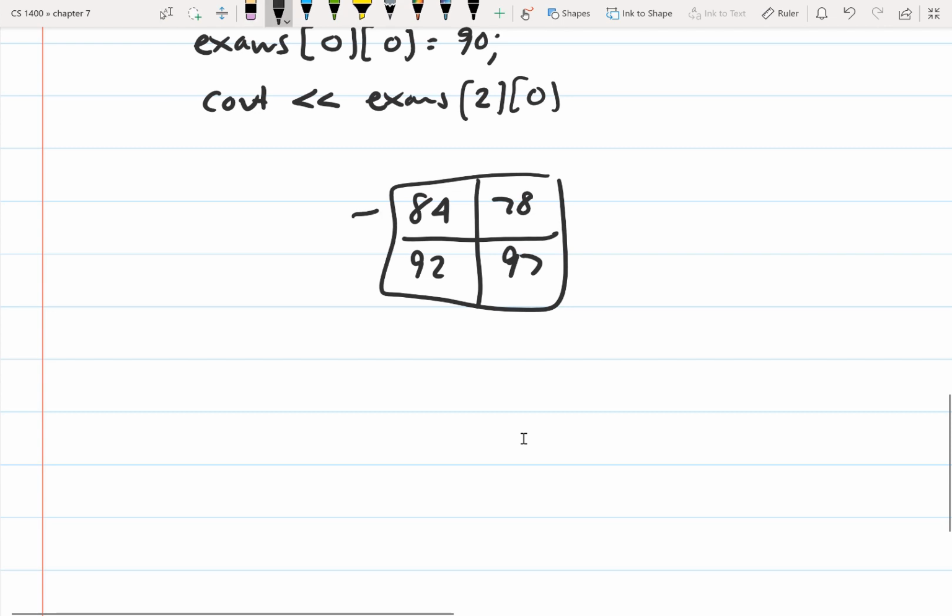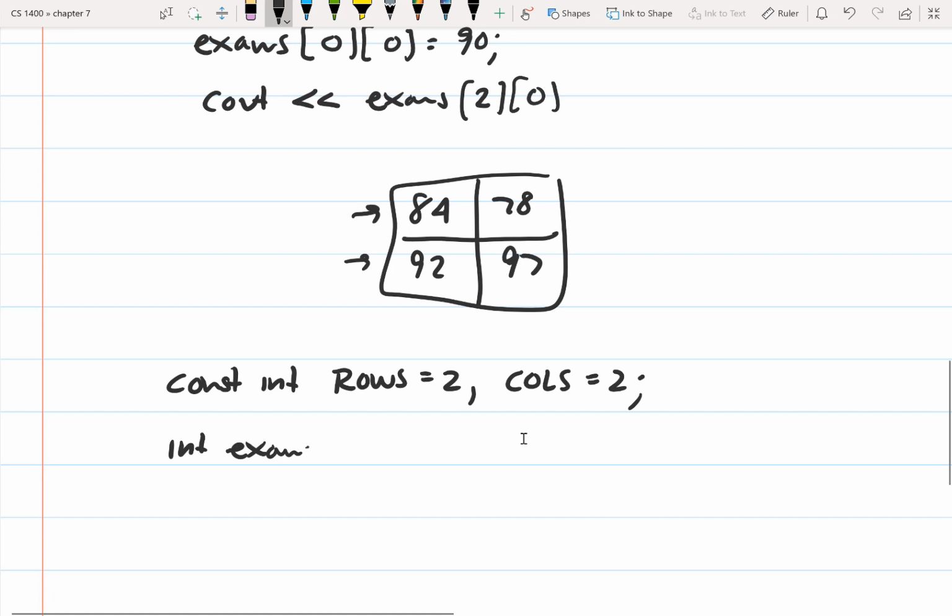We start with row 1, go to row 2. We still have our rows, 2, and our columns, 2, and then we can declare and initialize this array by saying int exams